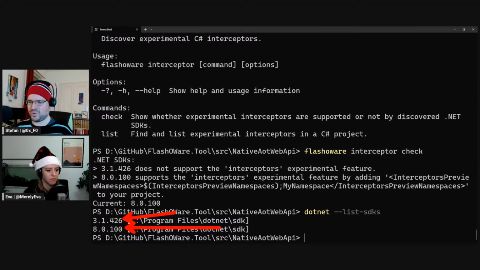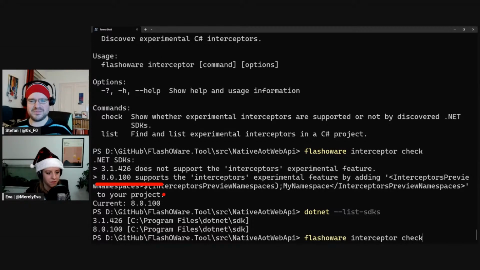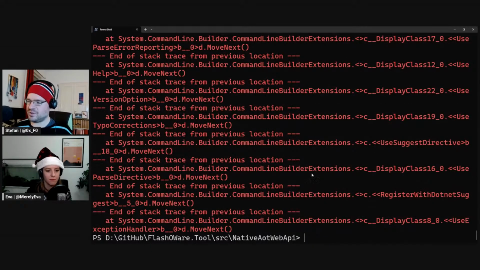I should delete that. This is no longer supported. And the command now lists, okay, for 8.0, interceptors are supported, but 3.1 does not support interceptors yet. So to see, okay, is this experimental feature supported? And if it is, we can list the interceptors or